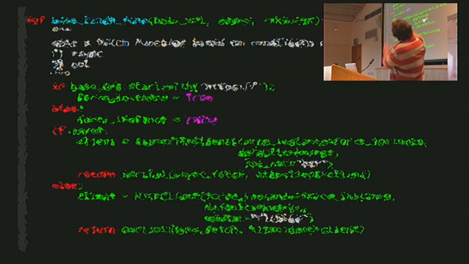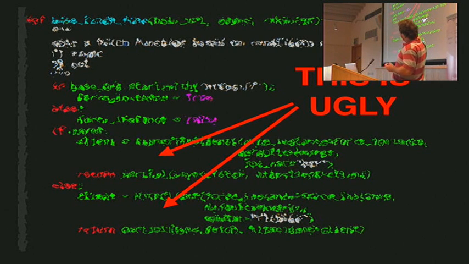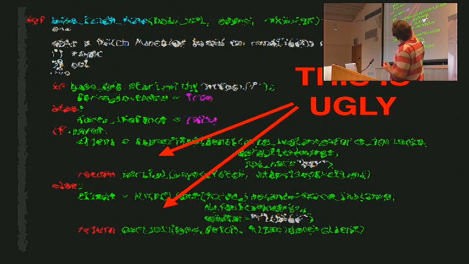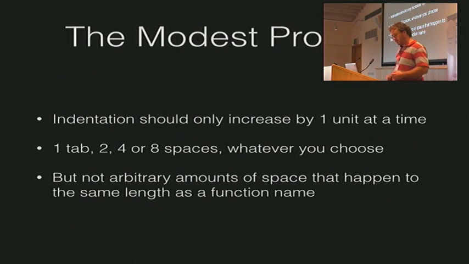Here is a slightly smaller example, so it's blown up a bit more. We've got some deep indentation. This is ugly. This doesn't have information in the same way that the previous example did. This is tricking us into maybe thinking, when we're looking from a distance, that it's deeply nested or something like that. This has information, and this is ugly. This doesn't have information. So my modest proposal, in the spirit of Jonathan Swift, is that indentation should only increase